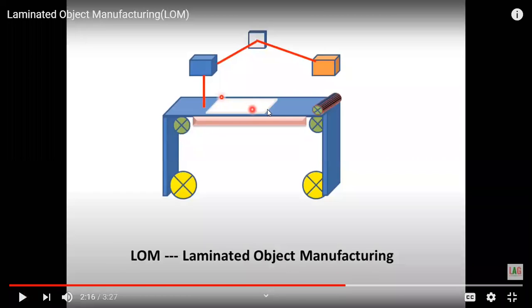So what you can see here is this white color one, or the blue color, finally it will be a blue color. This is the part I'm getting as a 3D model, and this is the laser beam, and this is the optical head, which can be controlled by means of a computer, because it produces a shape on this material, and the material keeps on going like this, and this heated roller laminates this particular shape of the material.